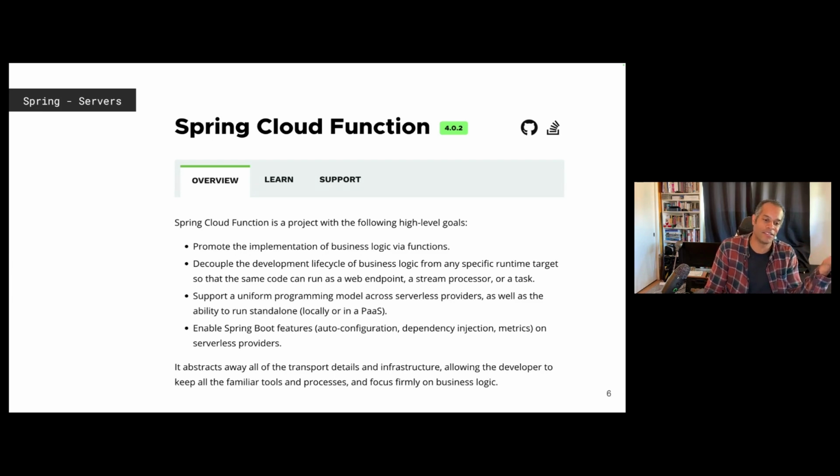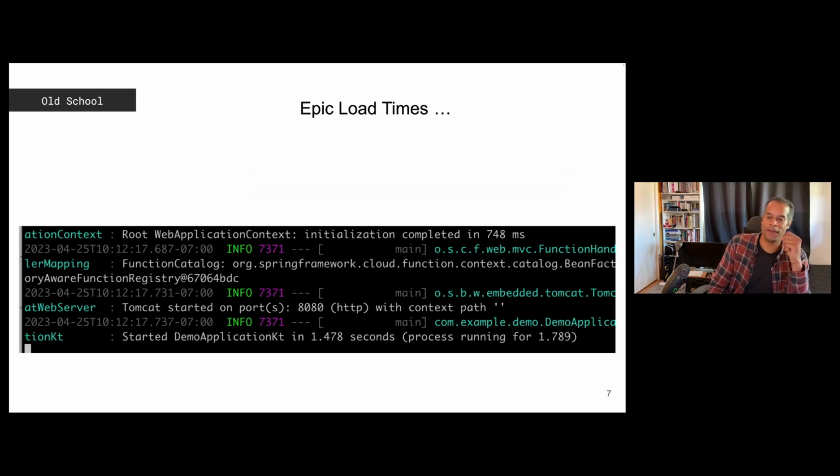As you can see, it does support all of the Spring runtime targets, things like auto configuration, dependency injection, and metrics. Of course, it's a Spring project. Why do I need to even mention that? So this stuff is going to make it easier to get into the function or FaaS realm. From that, I would say, let's say we have SCS, we have Spring Cloud Function. I think we have one more big horse to deal with, because I believe that SCS and SCF, that is Spring Cloud Stream and Function, are two big ideas within the whole entire FaaS community. Oh yeah, that's the other one.